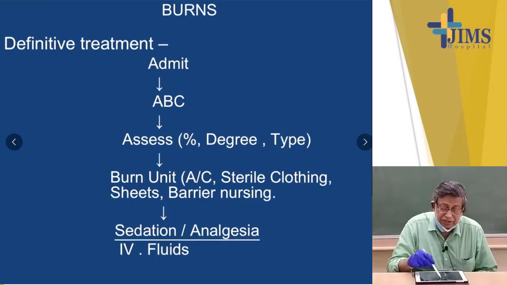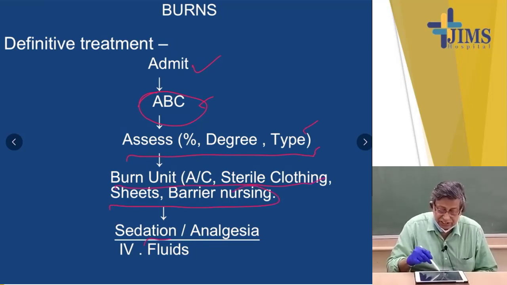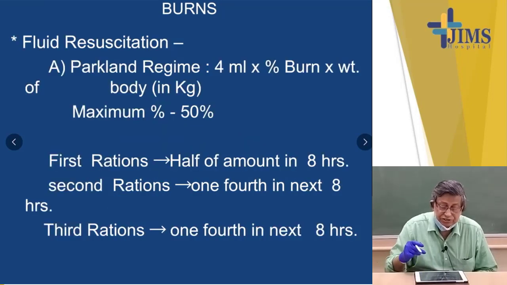Now, definitive treatment: admit, airway, breathing and circulation. Assess degree, type, percentage. Burn unit, AC, sterile clothing, sheets, barrier nursing, sedation, analgesic, IV fluid. These are the principles. Now, fluid resuscitation: Parkland regime, that is 4 ml per percent burn and weight of body